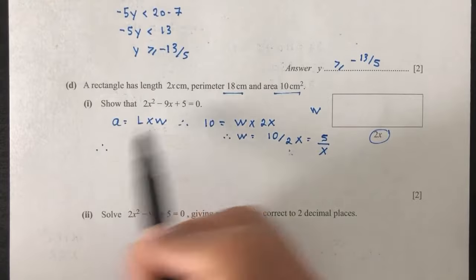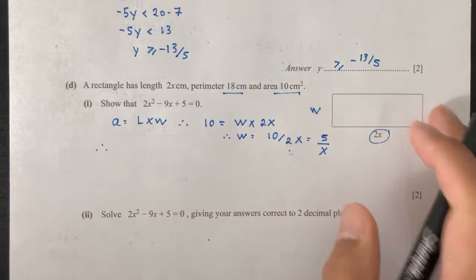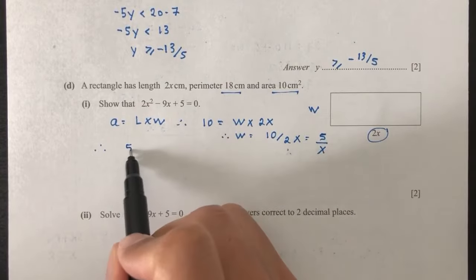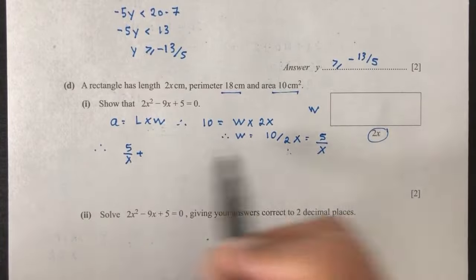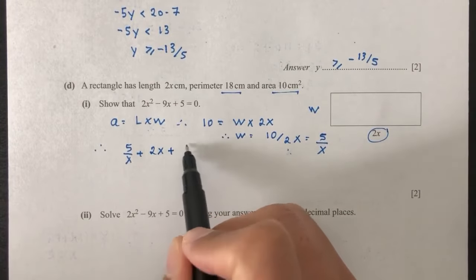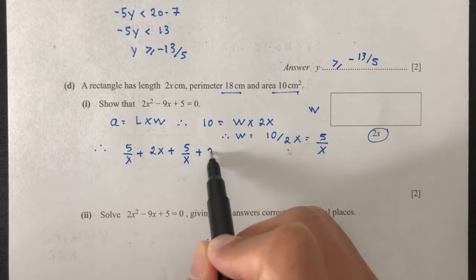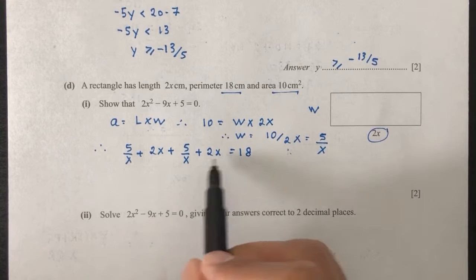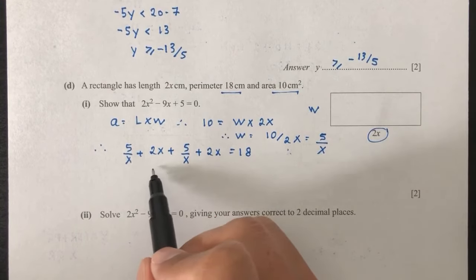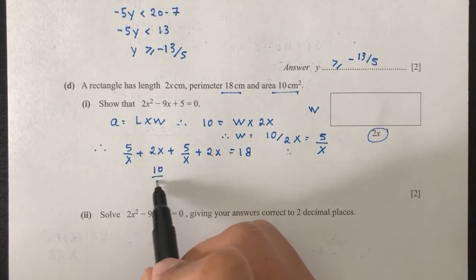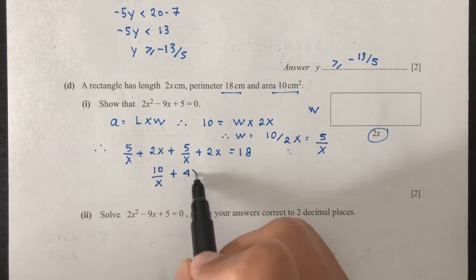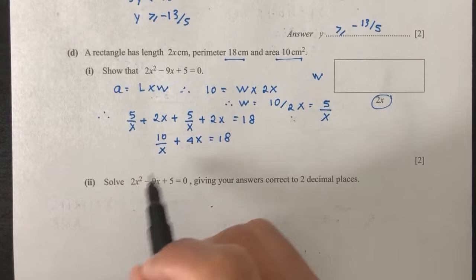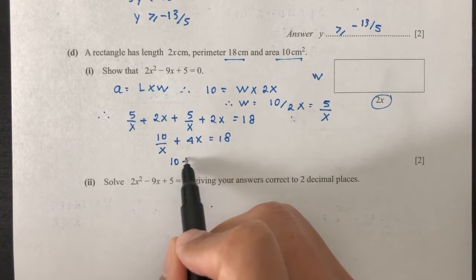So now, how do you find the perimeter? You have to add all 4 sides. So let's add. We have W, which is 5/x, plus 2x, plus 5/x, plus 2x. It needs to give you 18. Simplify, you will have 10/x plus 4x equal to 18. If you multiply by x everywhere, you will have 10 plus